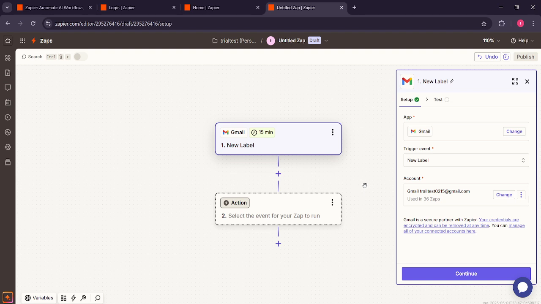Sign into your Gmail account if you haven't already. This ensures that Zapier has permission to access the necessary data. After signing in, it's important to perform a test to make sure everything is set up correctly. Click on the test button and Zapier will check that it can connect to your email and detect the new label as expected. Now that the initial trigger part of your Zap is ready, it's time to set up the